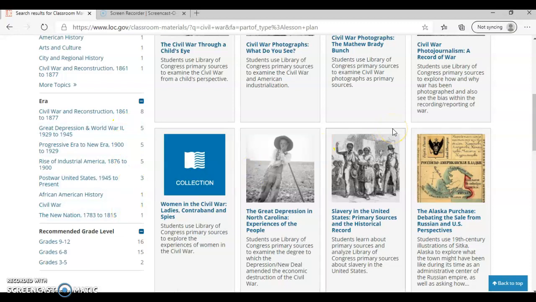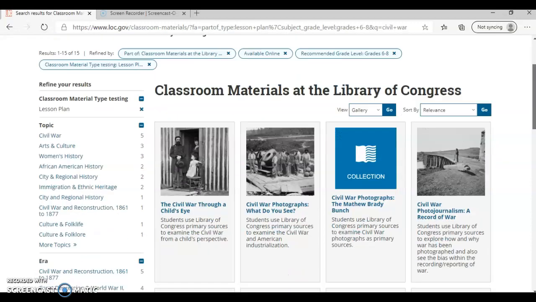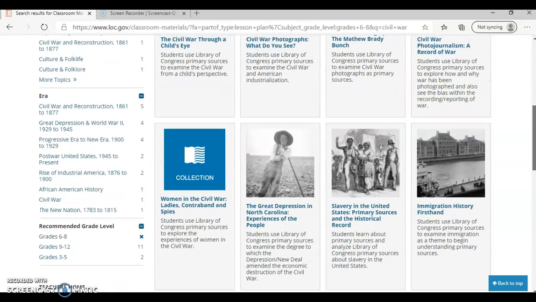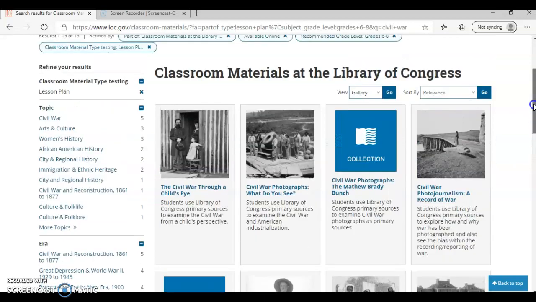And also one thing that's a very useful part of this tool is the recommended grade levels. Say you needed a plan that you knew would be appropriate content-wise and grade level-wise for middle schoolers. So you would click here and it would filter lesson plans that are appropriate for students at this age level,